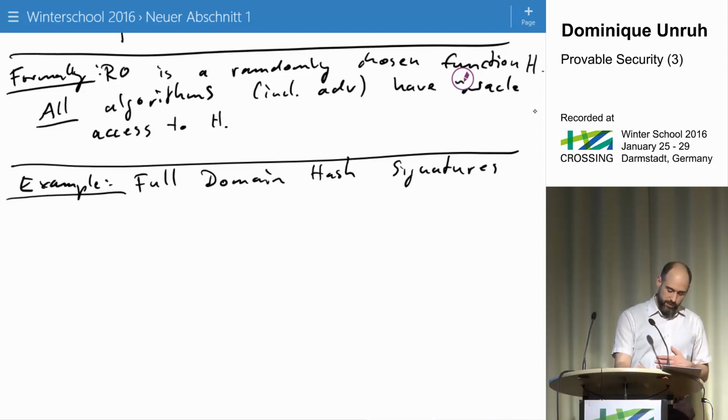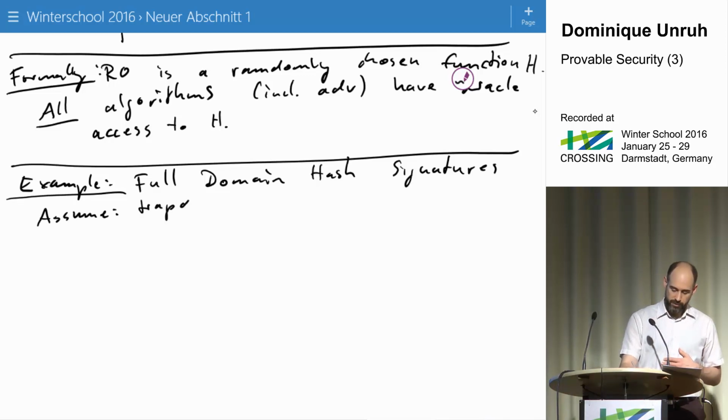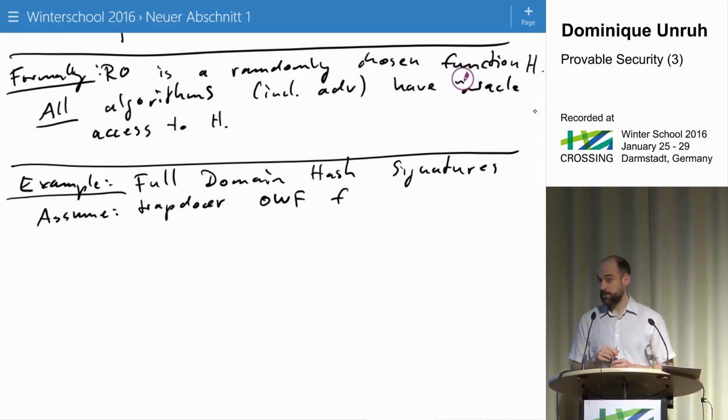So we assume a trapdoor one-way function f. So we have seen one-way functions in one of the talks here. It's just a function where if you see the output of a random input, you can't find a corresponding input. And trapdoor means that actually they come with a public and a secret key. The secret key is called trapdoor. So if you know the secret key, you can invert it. If you don't know the secret key, you cannot. That's the rough